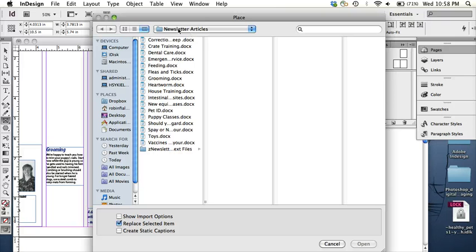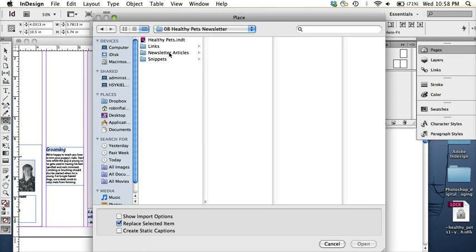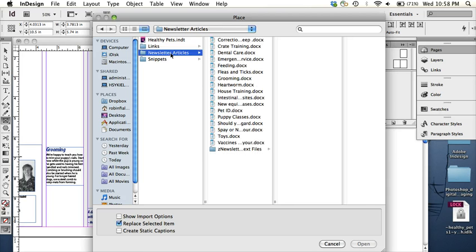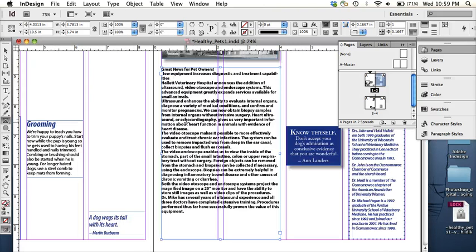Then I'm going to go to my newspaper articles, which is under the Healthy Pets. It's its own folder, newsletter articles, and I'm looking for the new equipment article. Okay, it's in alphabetical order. Go figure. Now it looks like it came in bold,